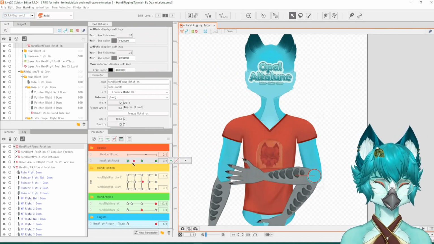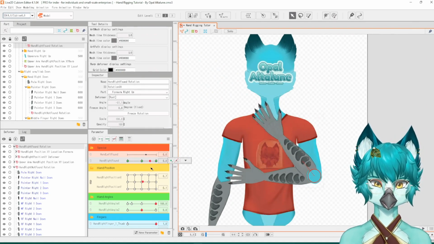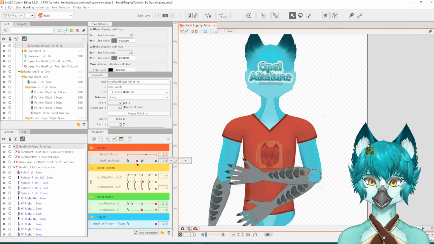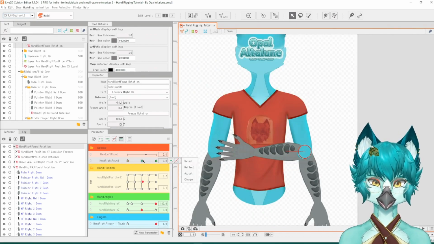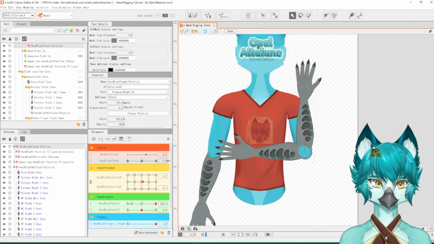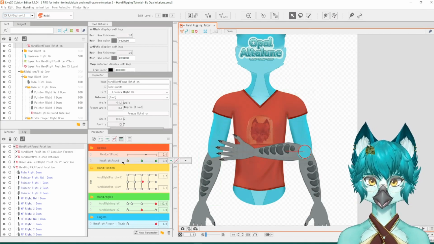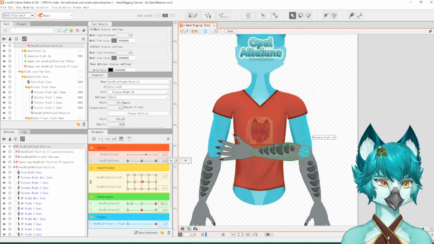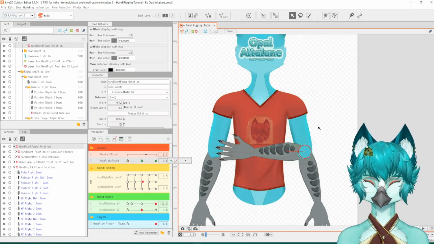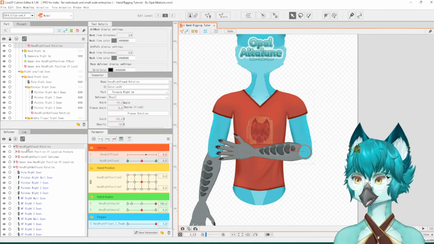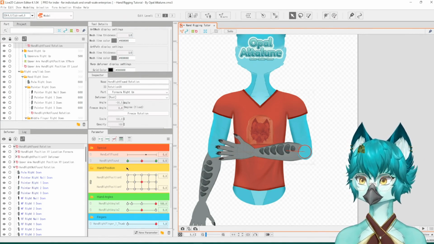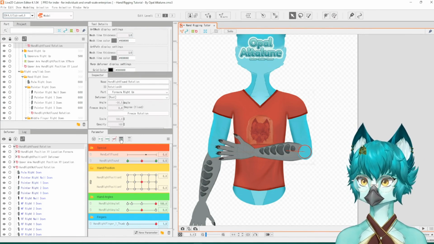So now it looks a little bit strange, but now we're going to deal with the refining, so that when the toggle is triggered, this part disappears when the hand is recognized, and when the hand is no longer recognized by the camera, this part disappears. Click on the hand right found rotation, click on the hand right found parameter, and we're going to select this